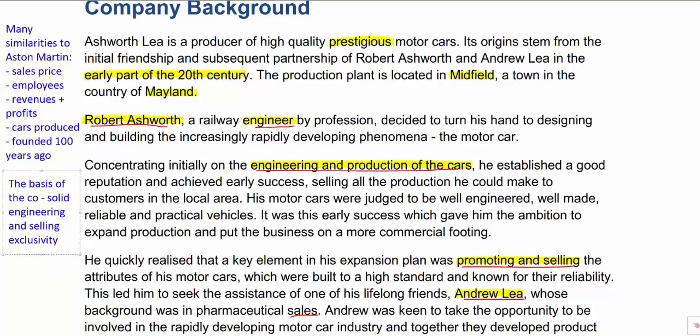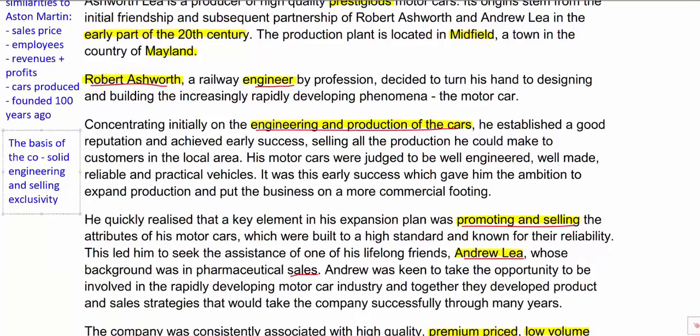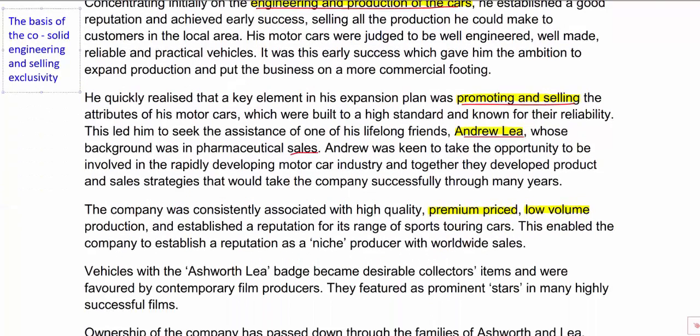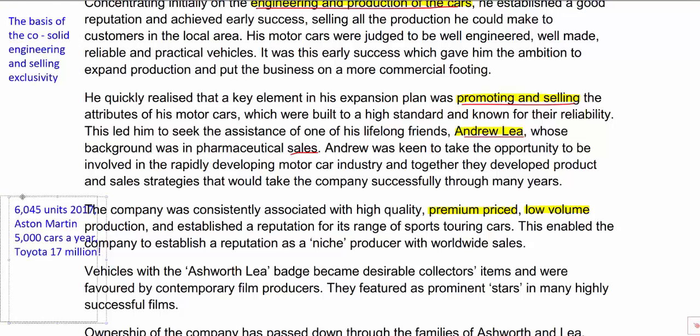We see later on in the case that the budgeted production units for 2017 are 6,045 units to be sold. That's the estimate for Ashworth Lea. If you look at a manufacturer like Aston Martin, they're turning out about 5,000 cars a year. Compare that then to a mainstream company like Toyota, and they churn out 17 million units a year. So there is a world of difference in terms of the